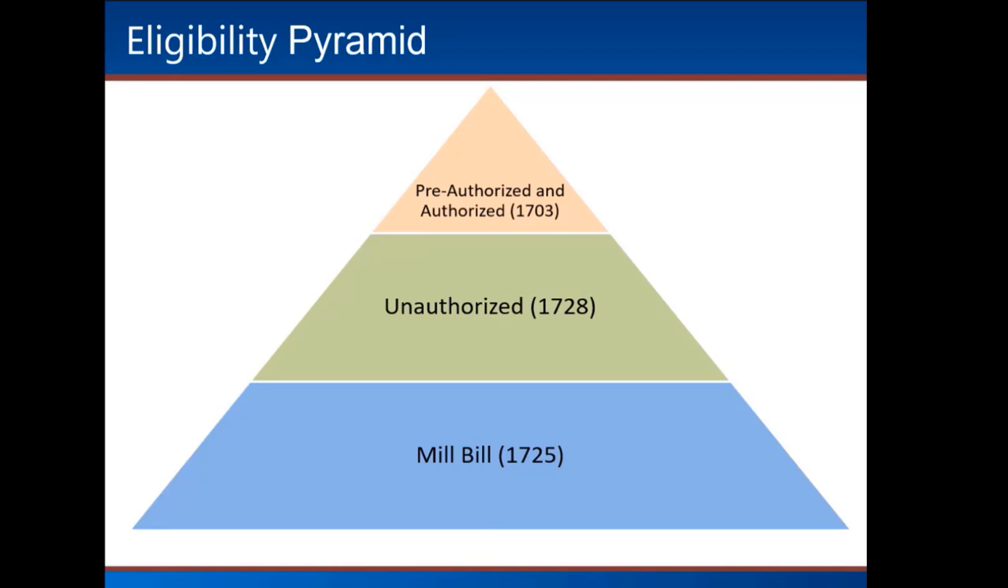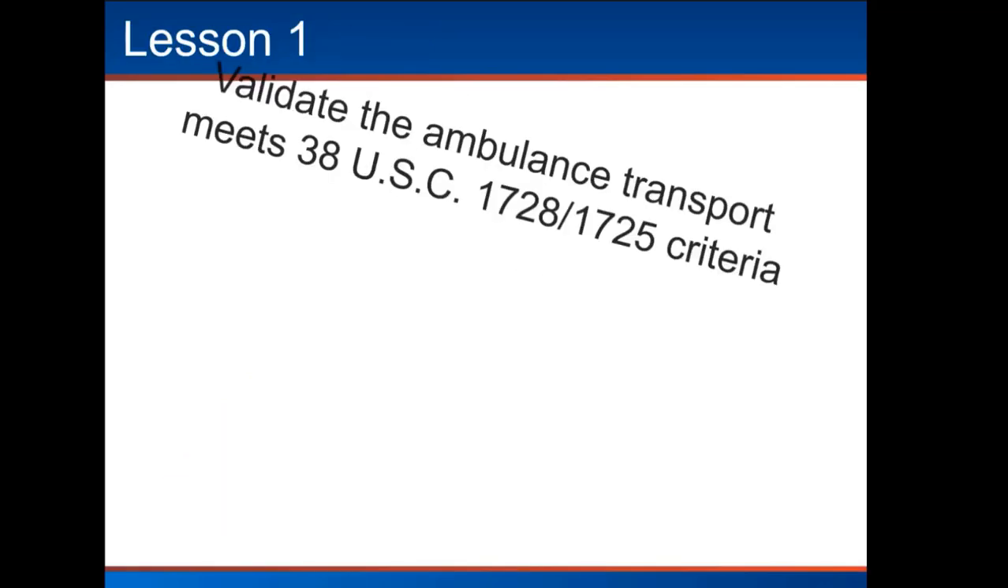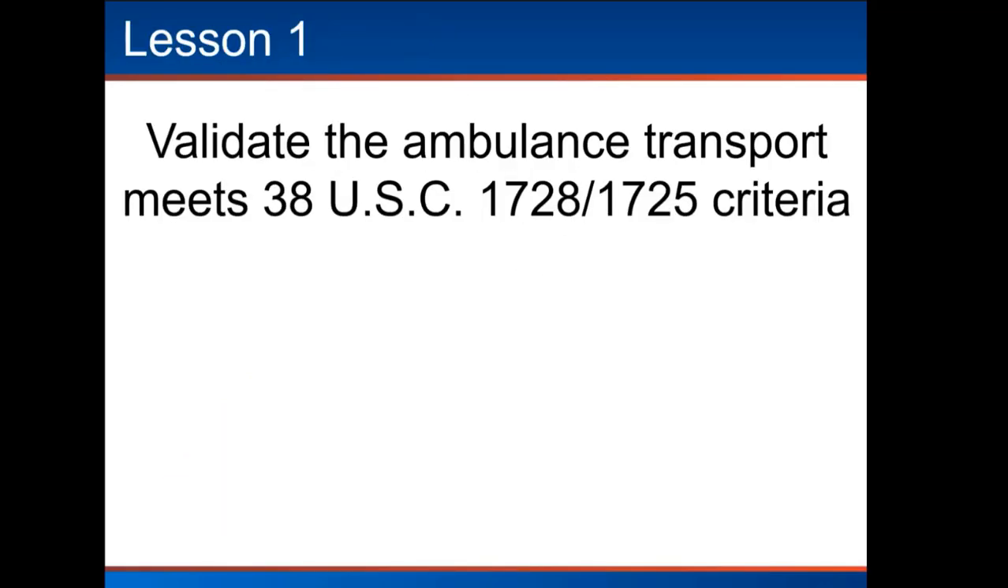1728 and 1725 eligibilities only cover emergent care, and that emergent event must not be eligible under 1703 Mission Act. We start at the top and, if needed, work our way down. Now that we have reviewed the eligibility pyramid, our first step in accurately processing ambulance claims is to validate the ambulance transport meets 38 USC